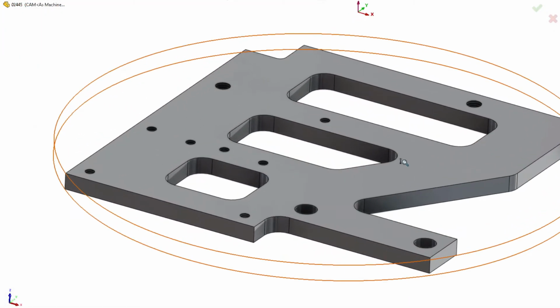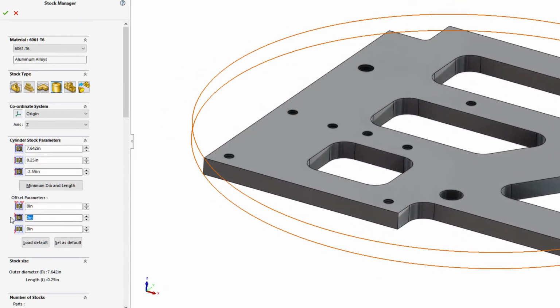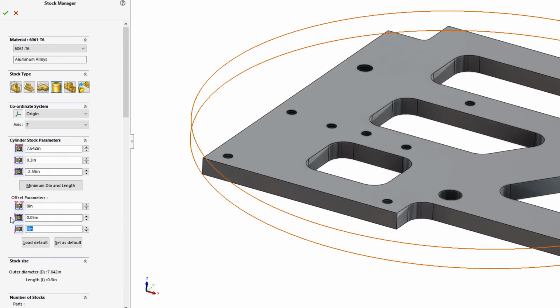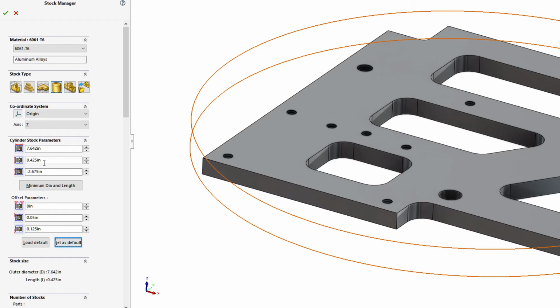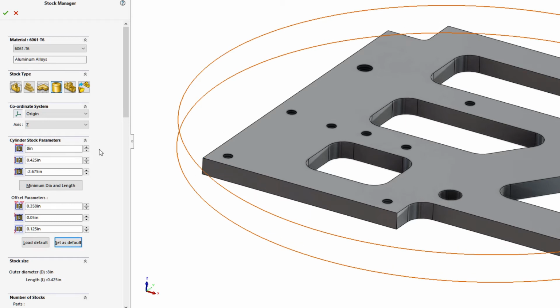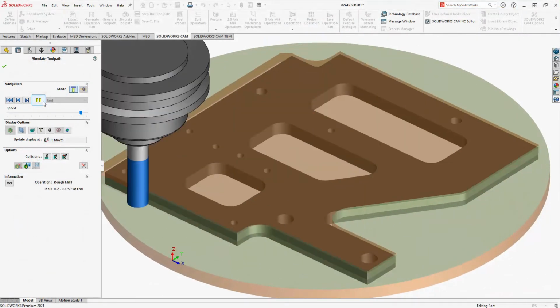Speaking of updates, how about swapping around material instead? New in 2021, cylindrical stock is generated automatically. CAM will fit the minimum diameter and thickness, and with a few changes you can see what the program looks